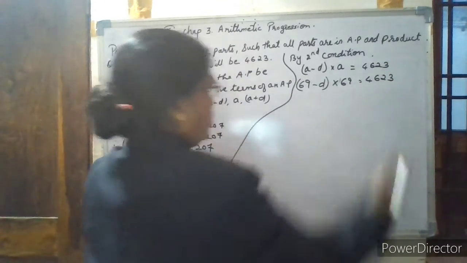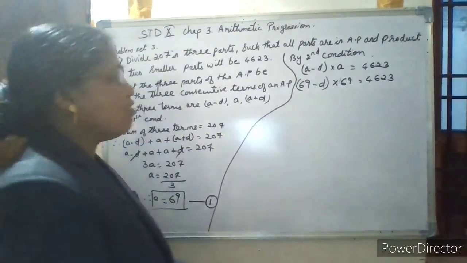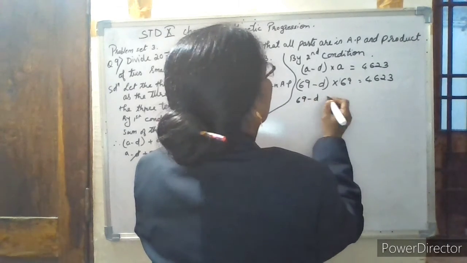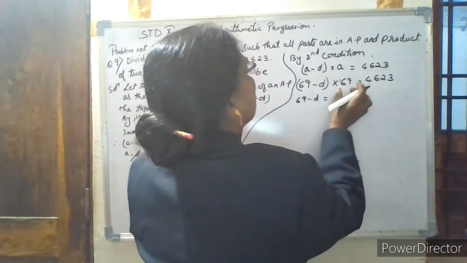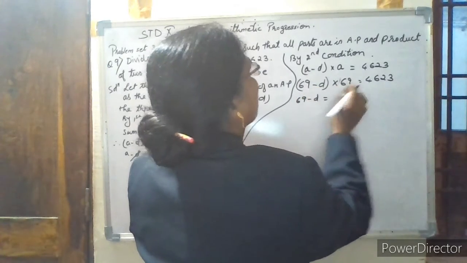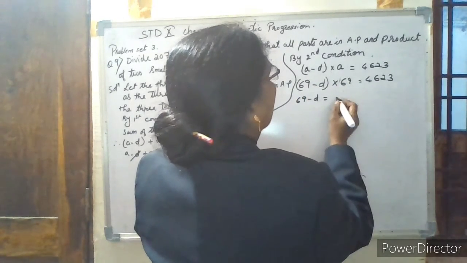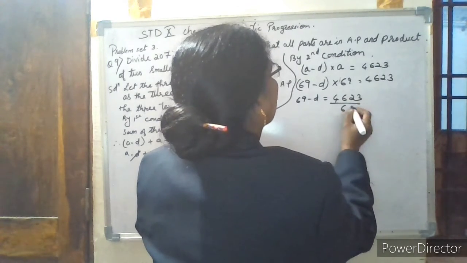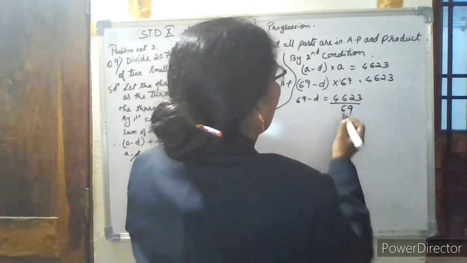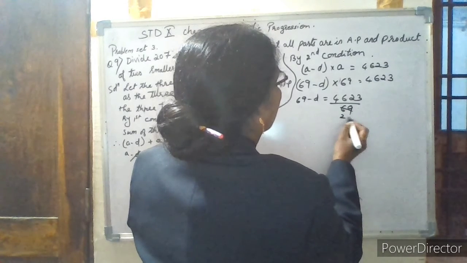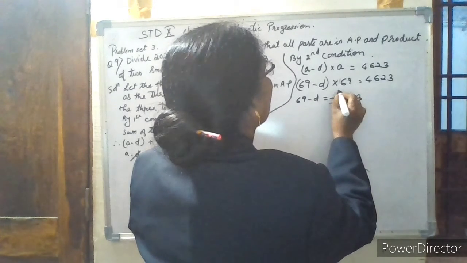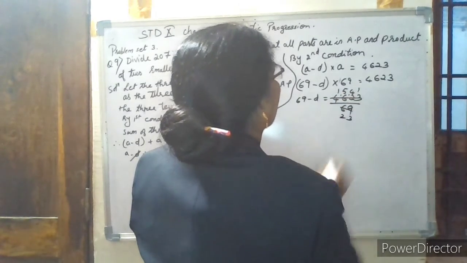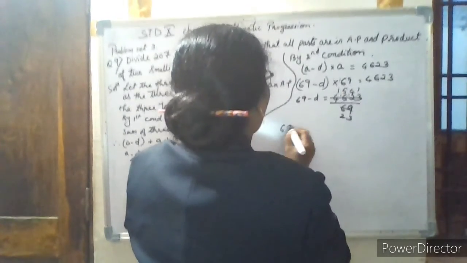4623. Now the easiest way to solve this is to keep 69 minus D as it is. It is multiplied by this bracket, so I will take it to this side, so it gets divided: 4623 by 69. Now when I divide, I will cancel it. 3 into 6, 6 is 9, 3 1 is 3, carry 1, 3 5 is 15, carry 1, 3 4 is 12, 3 1 is 3. So 69 minus D is equal to